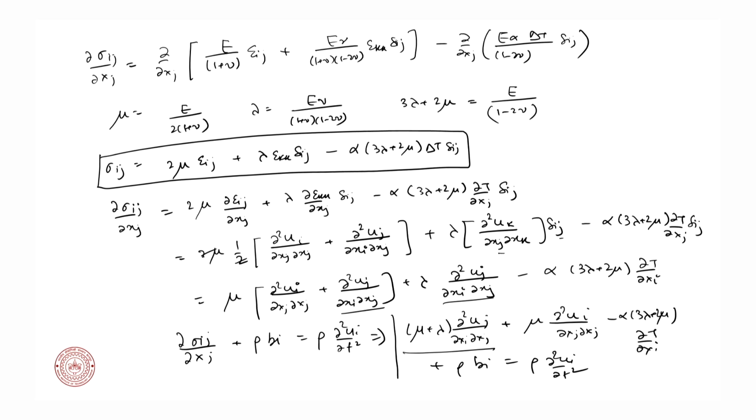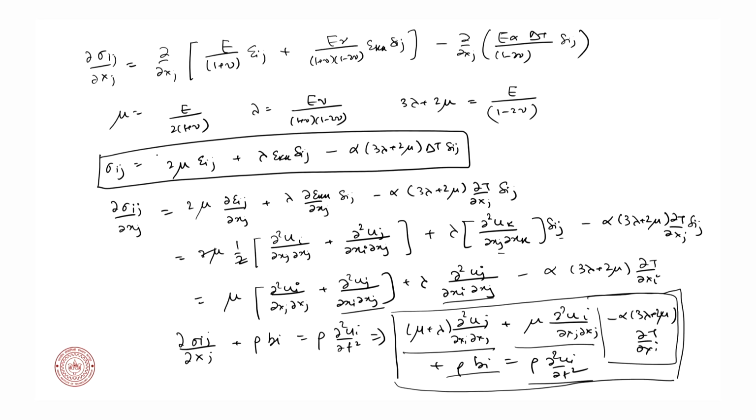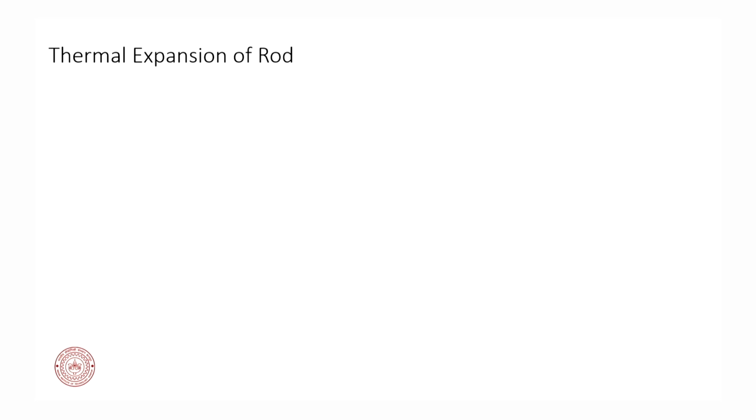Okay, so we have two equations now. The first equation was this with our heat source, and the second equation is this which has our temperature gradient term. So, we have a thermal model dependent upon strain in terms dependent upon displacement, and we have a displacement model which depends upon temperature. Now, let us see if we can apply this to the thermal expansion of a rod. That is a one dimensional problem. So, consider